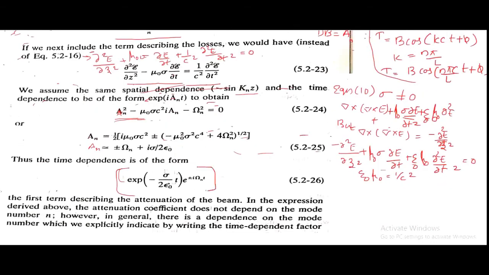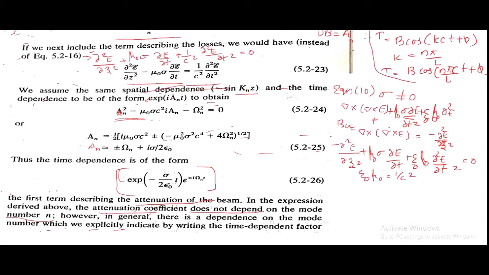Thus the time dependence is of the form exponential minus sigma by 2 epsilon 0 t into e raised to plus or minus i omega_n t. Here the first term represents the attenuation of the wave, and the attenuation coefficient does not depend on the mode number n,